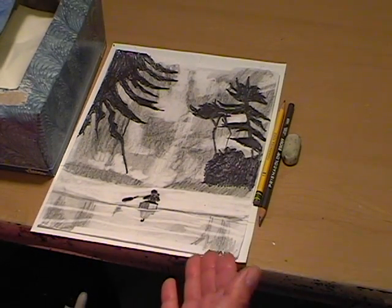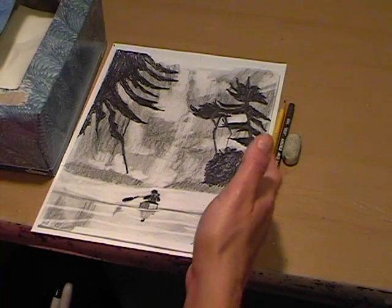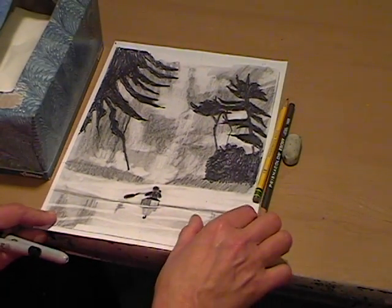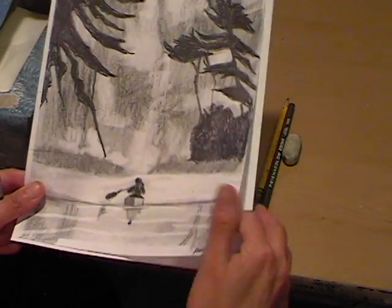This is our drawing and shading project for the 6 weeks. As you can see, you just need an ebony pencil, a regular pencil, an eraser, drawing paper, and Kleenex. The first thing we're going to do, and this is the finished product right here, is